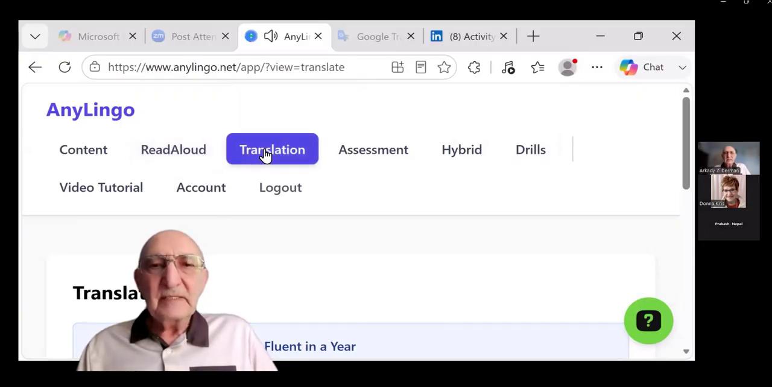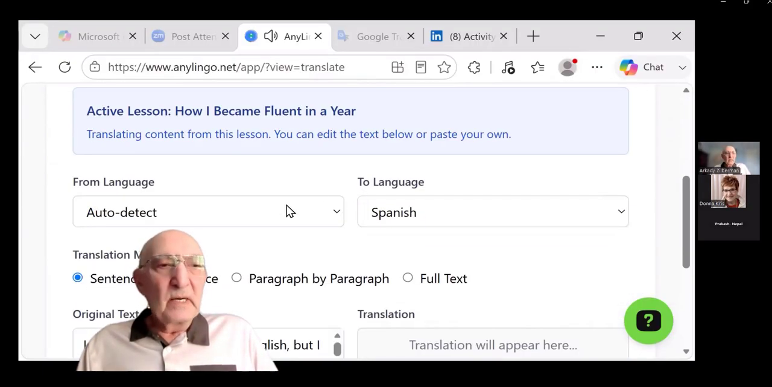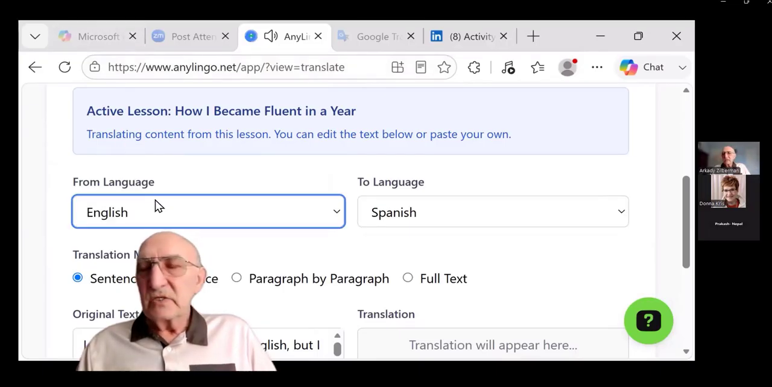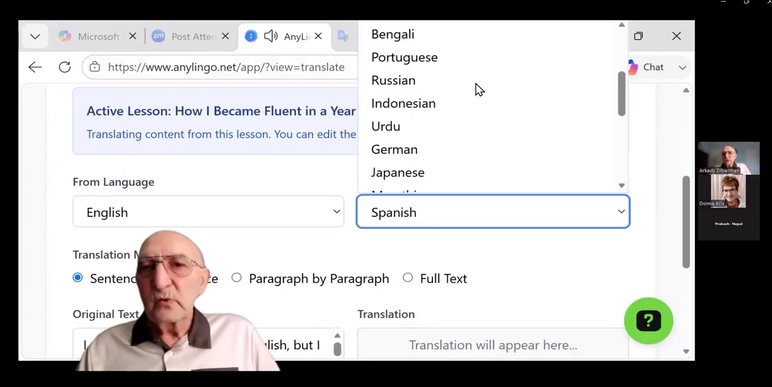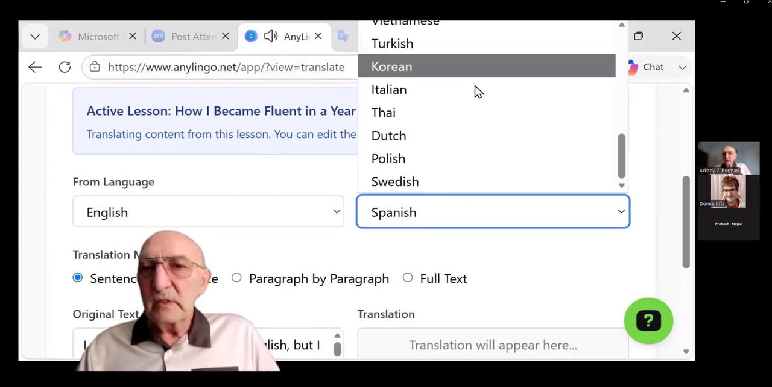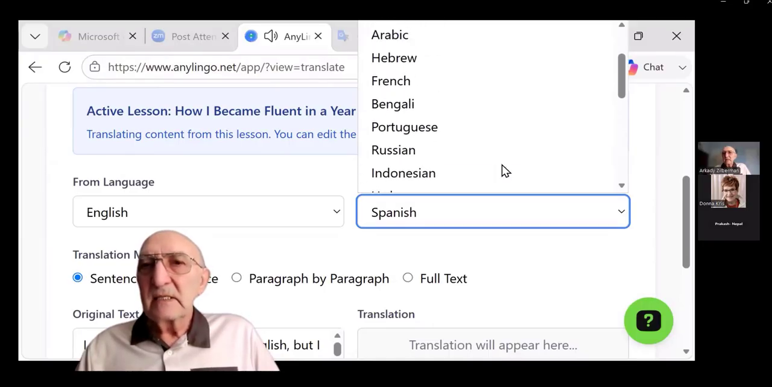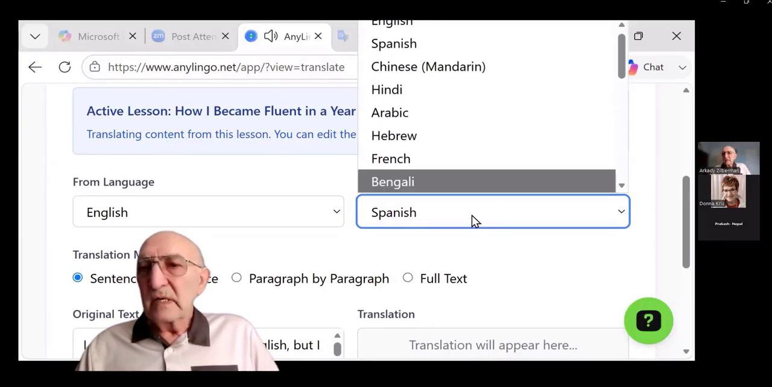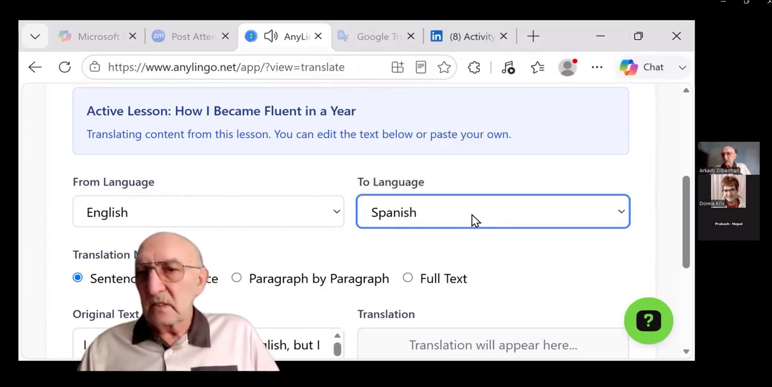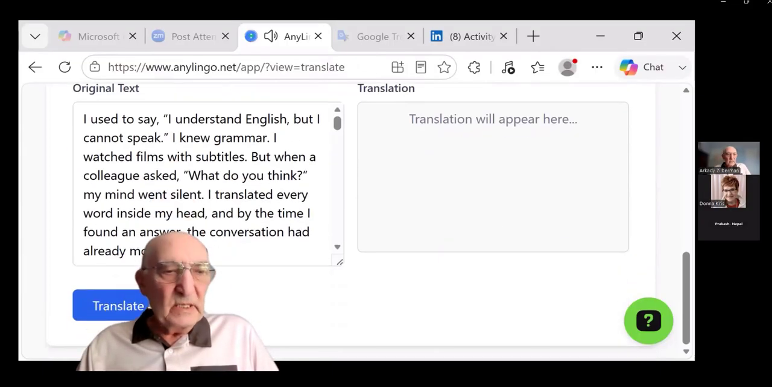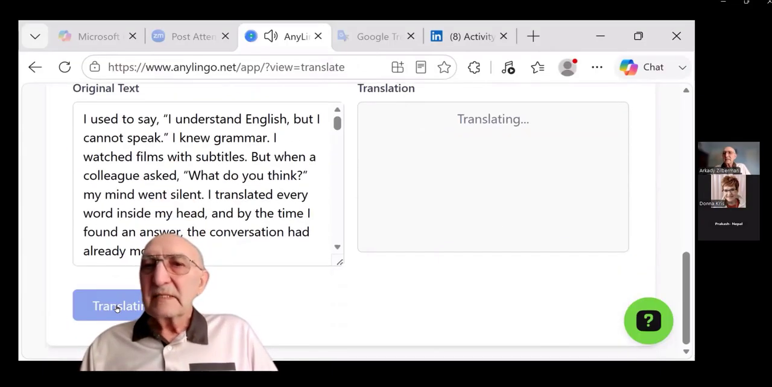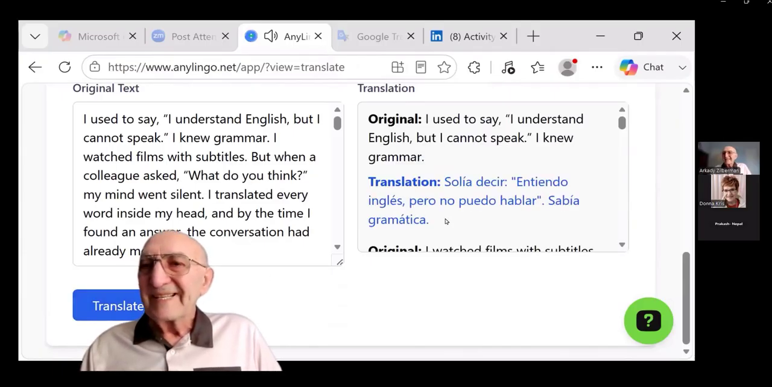The next button, translation. Here you select English, and then the language to which you want to translate. Any of those languages which belong to the list of supported languages, and translate in that language. So for example, for this demonstration, I have chosen Spanish, and we'll see also I have chosen sentence by sentence. And when I click translate, it will translate the whole lesson,